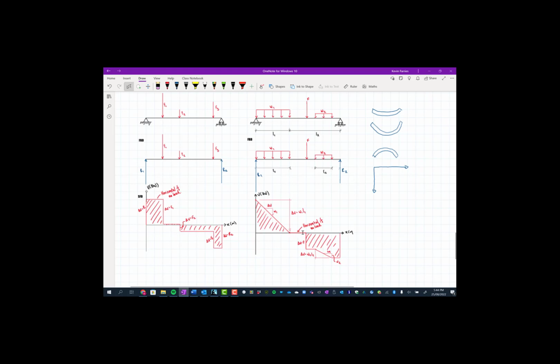Anywhere between forces, it's a horizontal line, and so on. Now, so that's how we get the shear force diagrams. Can't remember, go back and look at that summary. That's